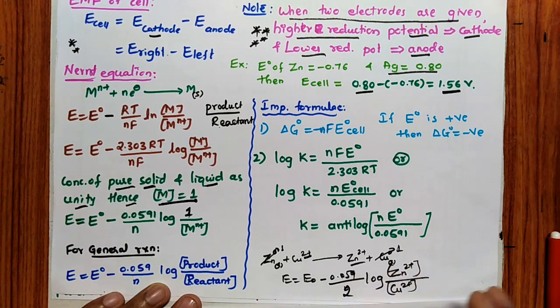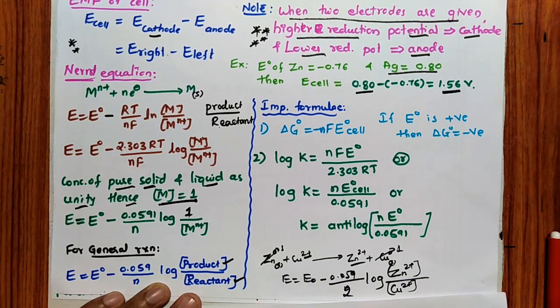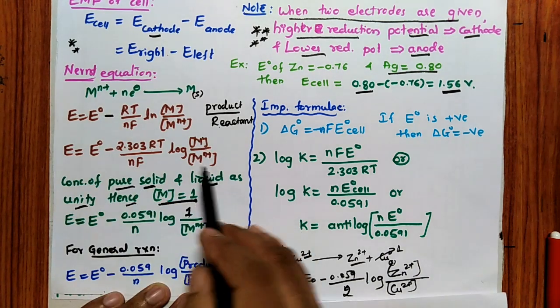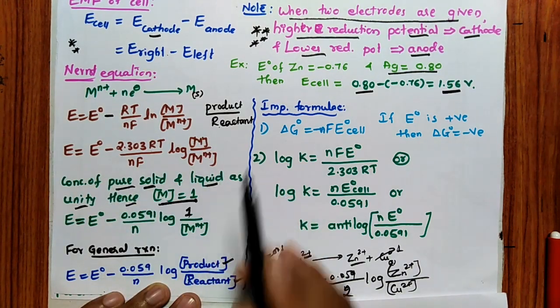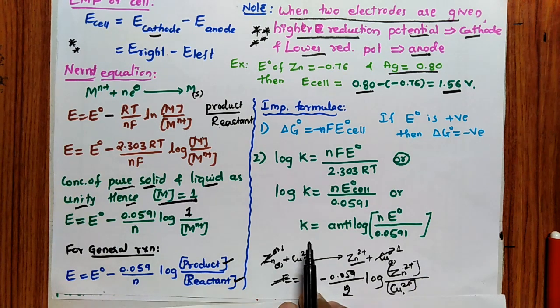So if you remember it as oxidized state, reduced state, again there will be confusion. So don't worry about that. You remember it simply as product divided by reactant. Another important suggestion I will give you: in some books they have given plus here. No problem, it is also correct. But when you read, you remember it as only one, either plus or minus. There is no need for confusion on both sides. So I will consider it as minus. So minus product by reactant is the same as plus reactant by product. I have taken minus product by reactant. This is the galvanic cell. Fine. This is the general equation of the Nernst equation.